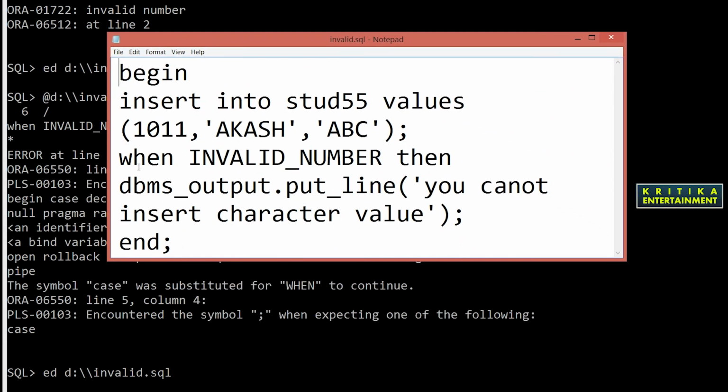Line 5, column 4. What is the error? DBMS_OUTPUT.PUT_LINE you cannot insert character.